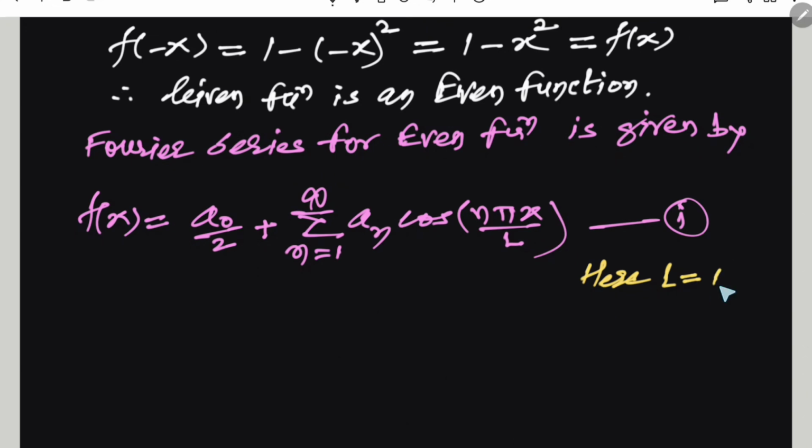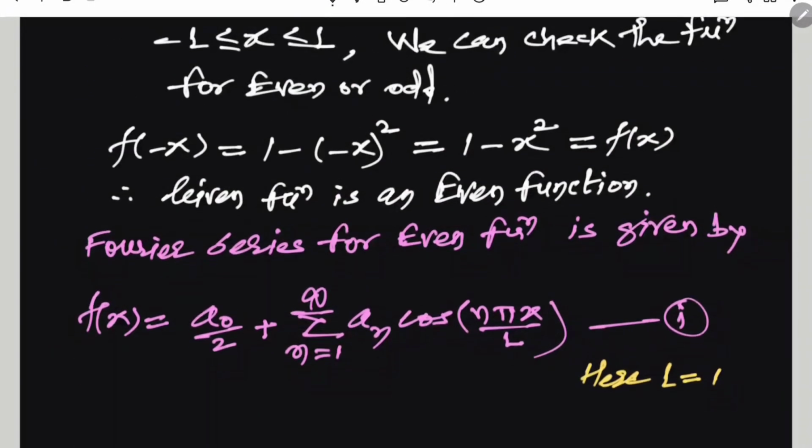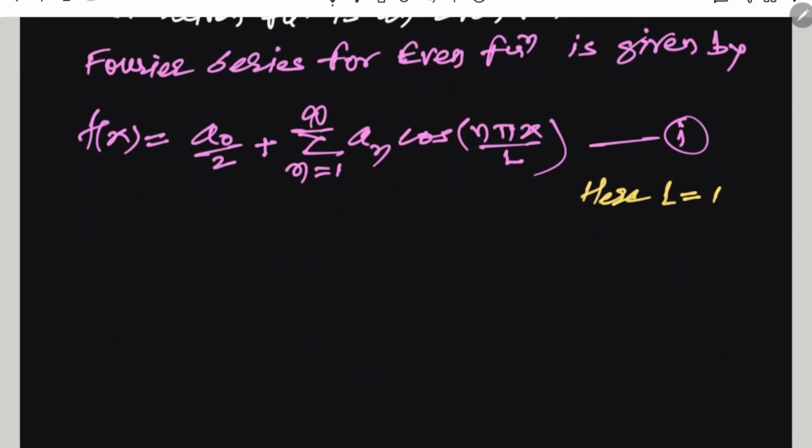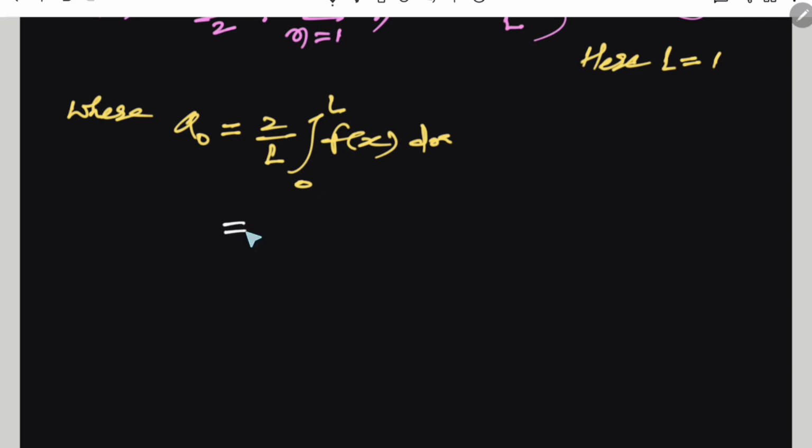a0 is given by the formula: a0 is equal to 2 by L integral from 0 to L of f of x with respect to x, between limits 0 to L. Then substituting the value, therefore a0 becomes 2 by L. L is here 1, therefore it is 2 by 1 integration from 0 to 1, and function f of x is 1 minus x square